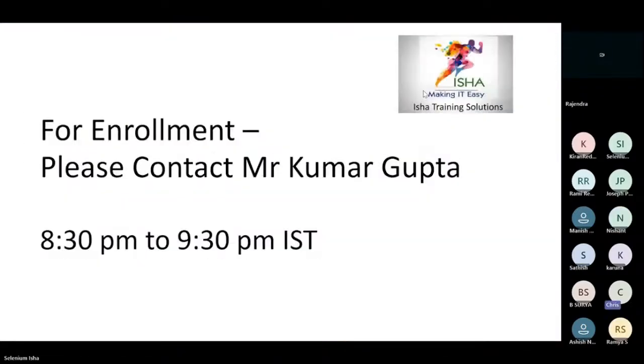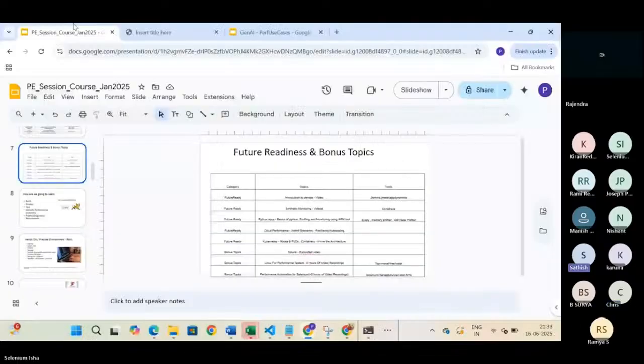Yeah, definitely. Or maybe when the sessions come, you can just join for those days alone. You can check with Kumar sir once, or just ping me. I'll also help you out. Okay, because I wanted something in depth in AI, that's what I was looking for. I thought, okay, something more on the AI part. But definitely you will get the